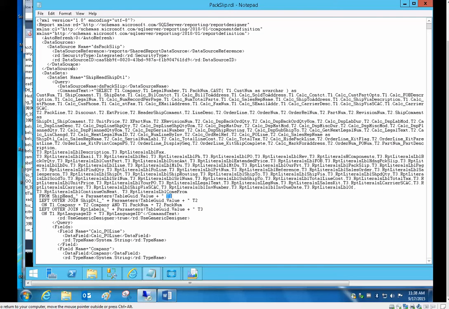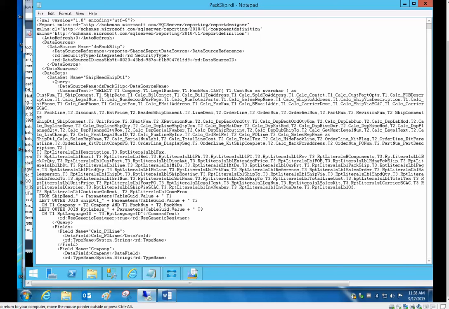All right, so let's go back to our text. What I like to do is identify the data set that we want to tie to, which in our case was the ship detail. That's the table that we were at, and that has an alias of T2. I don't think it really matters, I think you can add it to the end of the list, but I like to keep things grouped. You can see they're structured that way. See all the T1s, and then it goes to the T2s, and then the T3s. So I'll find the last T2 in a sequence, which is right here, and we will put in